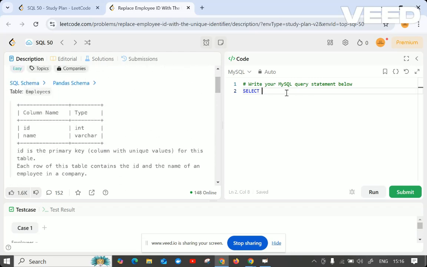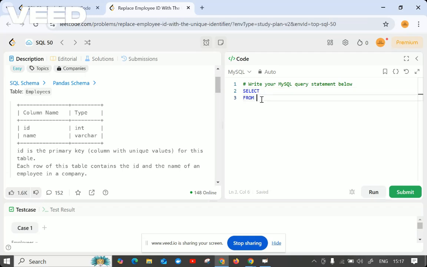Let me write the select once after the completion of joins. What columns you have to select, keep that aside, we will write it at the end after joining the tables. So first, from the employees table, we take from employees. In sequence we can give aliasing names for better understanding. When you are dealing with this kind of joins, it's better to use aliasing. So I'm taking the employees table as E.